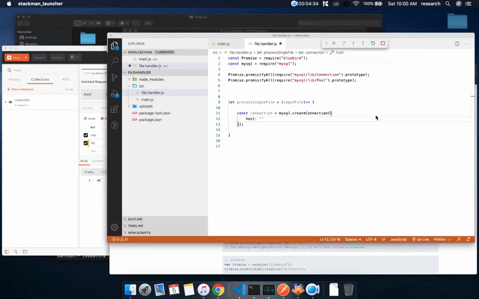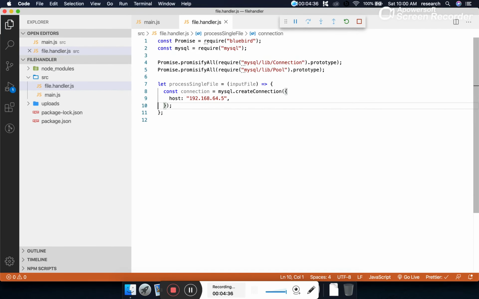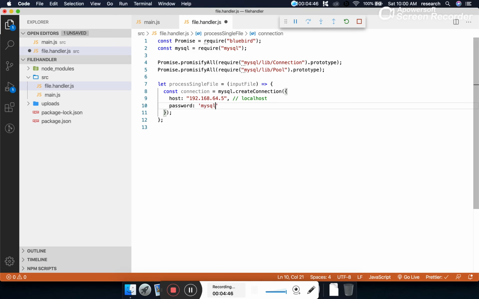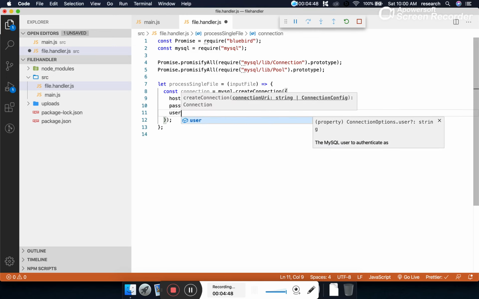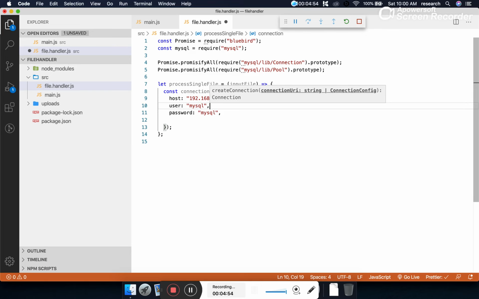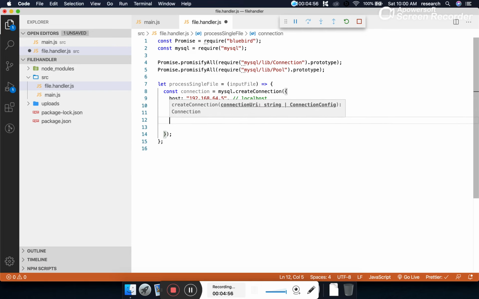In your case, this can be localhost. After this, I also need to specify the password. MySQL is my password, and the user is also MySQL. In your case, this can be root or empty.